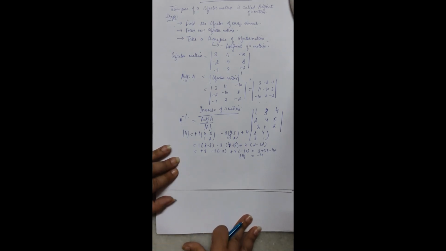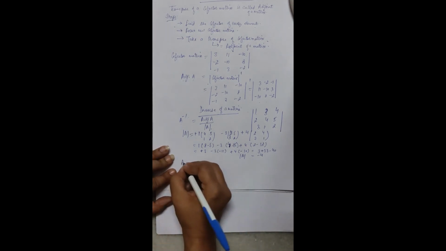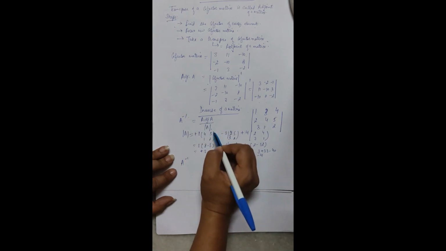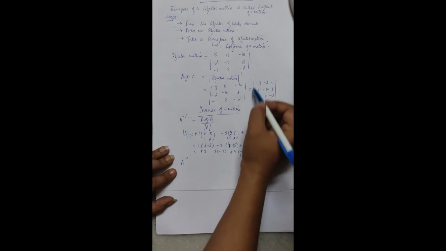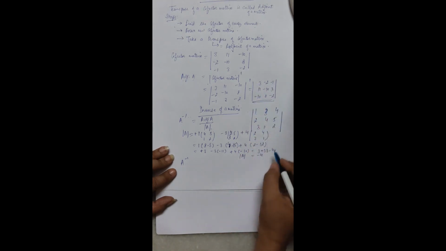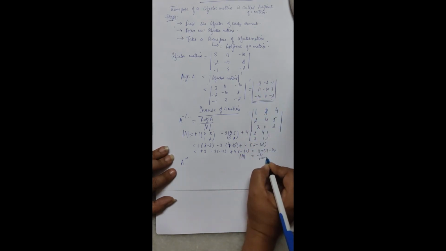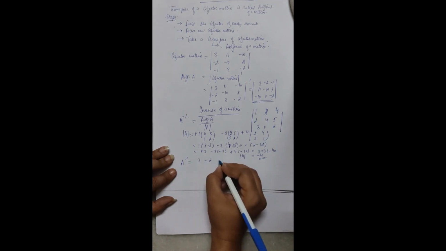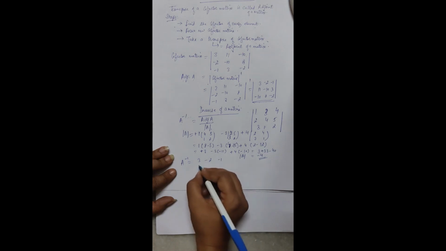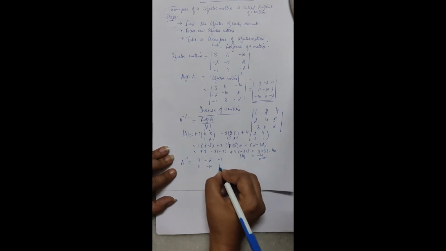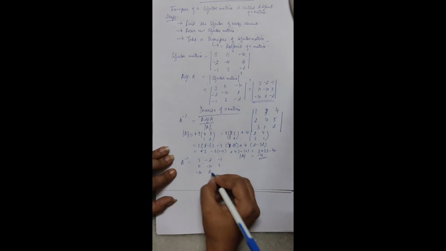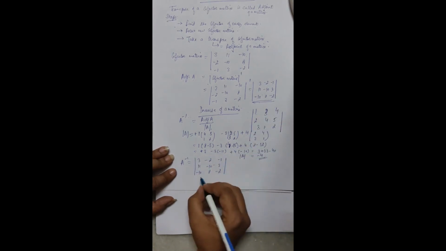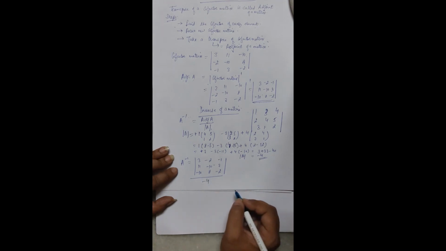And in order to calculate the inverse, as I have already written, the formula of inverse is adjoint of A divided by determinant. So adjoint of A, this I have already calculated here, and determinant I have calculated here. So I will write here 3 minus 2 and minus 1, then 11 minus 10 and 3, then minus 10, 8 and minus 2. This is my adjoint. I will divide it with minus 4.